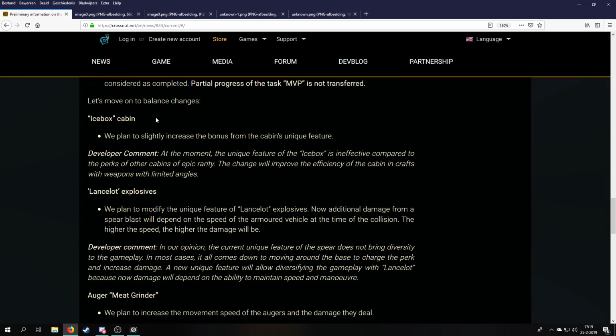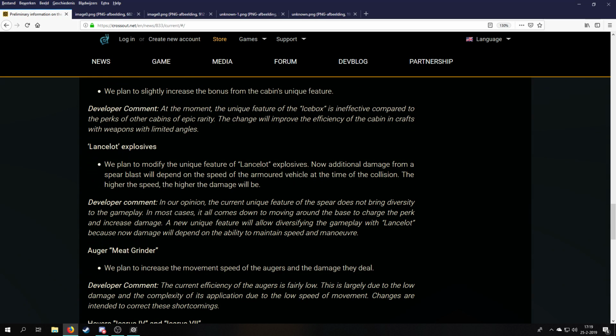But now let's go to the balance changes. The icebox cabin is finally getting an increase of the extra damage of the perk. It's really nice to have. So I think it will be increased to 15% as it was on the dev server. We're going to take a look at the dev server perks in a second to see if it has this change or not. But also the Lancelot explosives